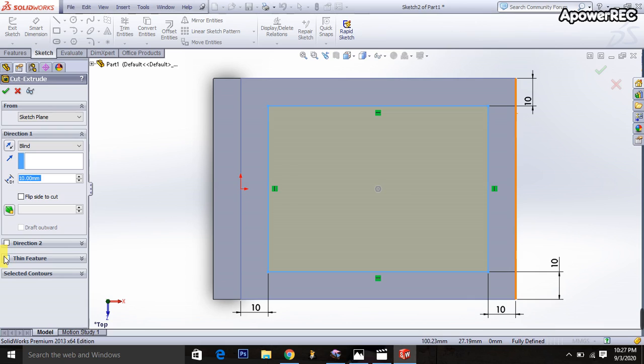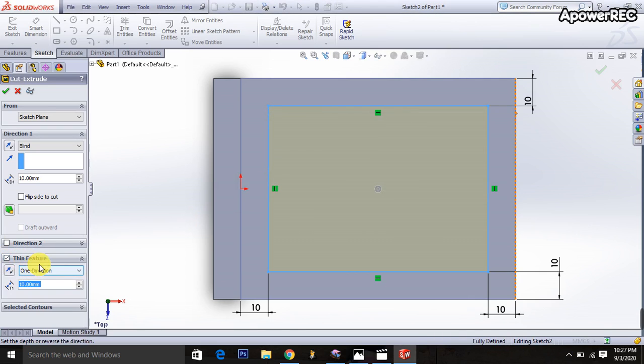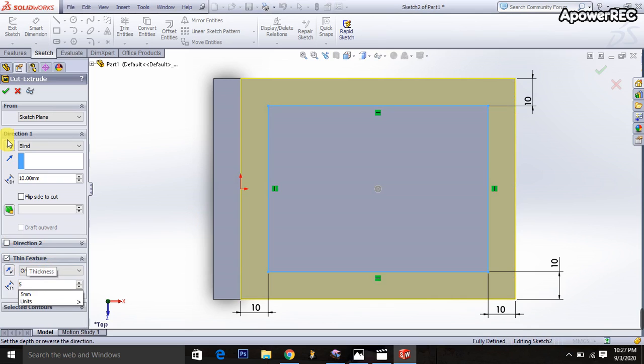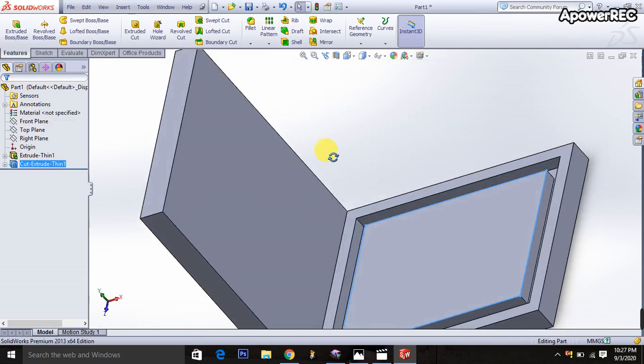Then I am selecting the thin feature and it will be 5 millimeters, and this depth also 5 millimeters. Then exit it. Okay. In similar way